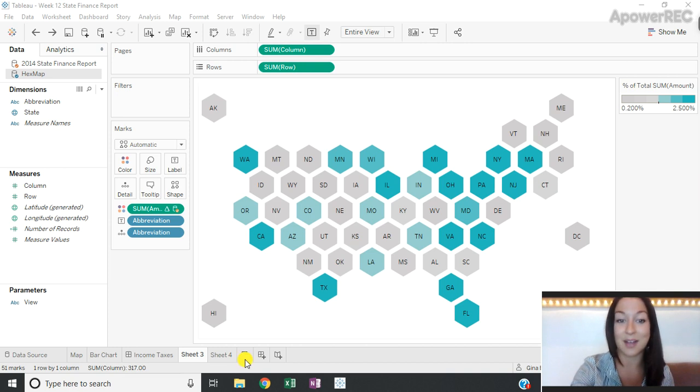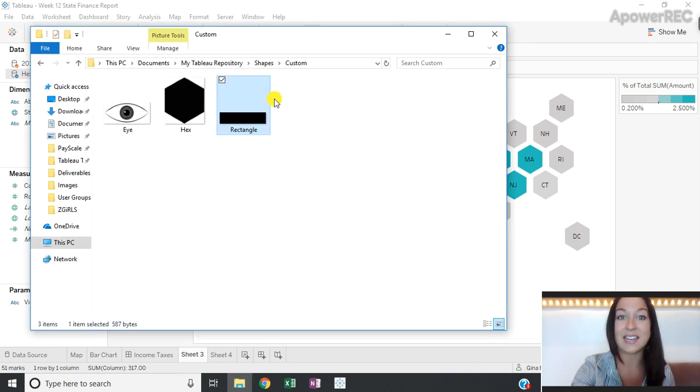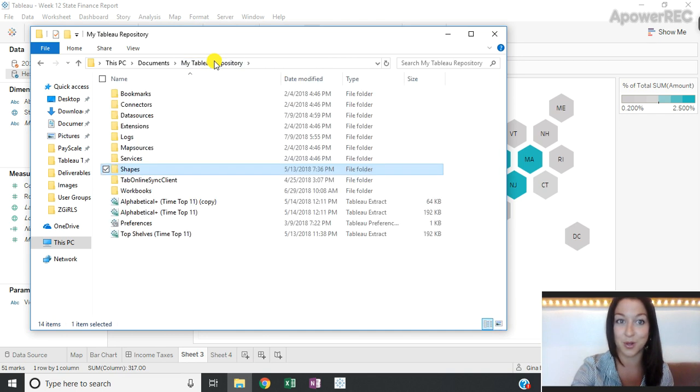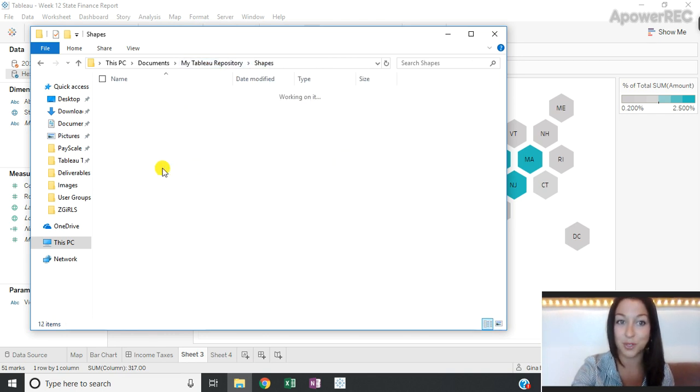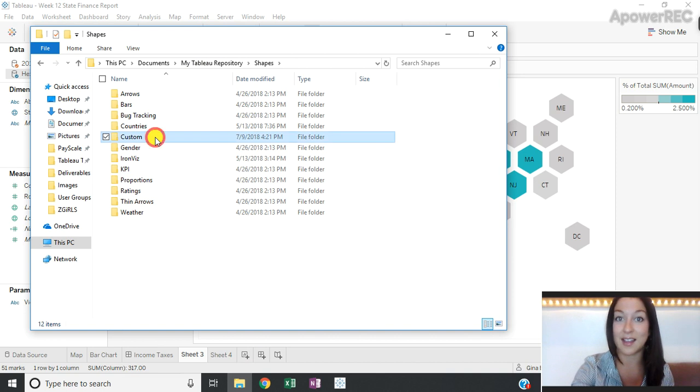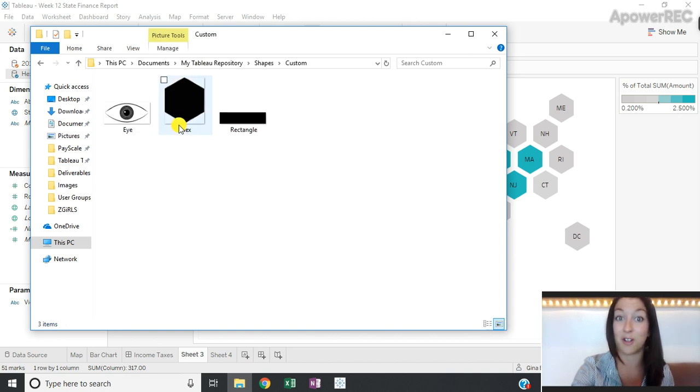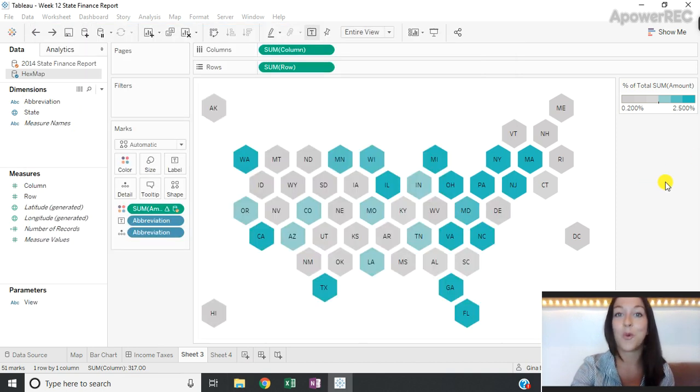So we're going to need to download that hexagon shape, and we're going to need to save it into our custom Tableau shapes by going to our Tableau repository, going into our shapes folder, and saving it here. I've made a custom folder where I add all of my custom shapes. Once that's done, we're going to be able to build our map by going into our Tableau workbook where we